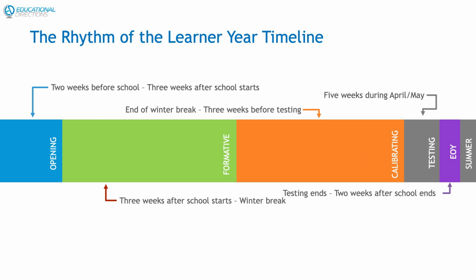So the learner year. We break the learner year into several parts, and we'll talk about each one individually after we go through our learning and performance models. We open school, which is a critical time. We have our formative period where we want to work on students' ability to learn, finding out where their learning deficits might be, and also to make sure that the culture and climate that we've started in the opening of school have continued.